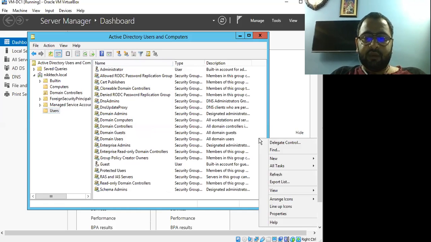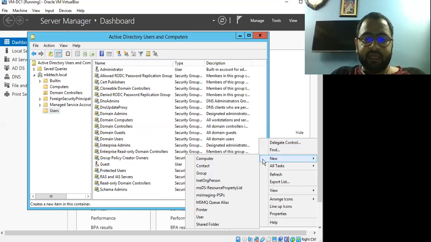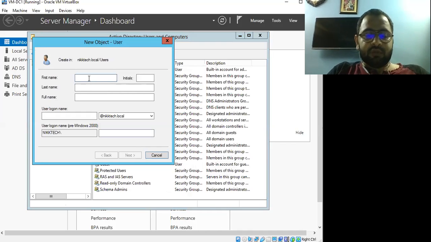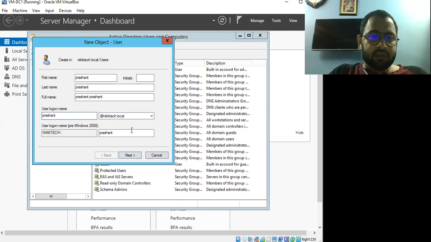If I want to create any user, I can simply go to New, select, and create a user. Suppose I want to make myself a user. So I put Prashant, last name Prashant, and my username would be Prashant at nictech.local.